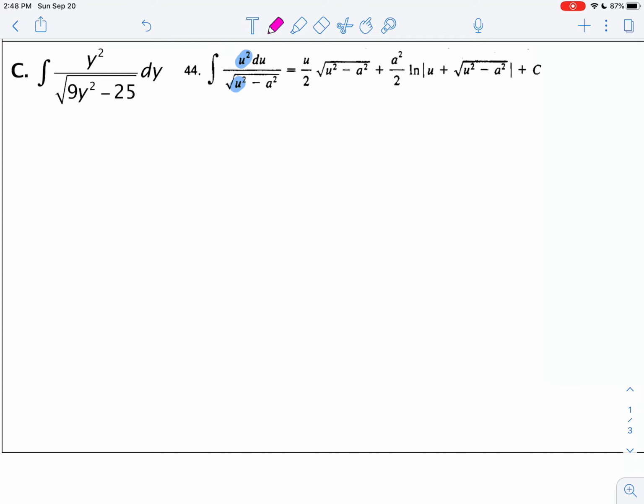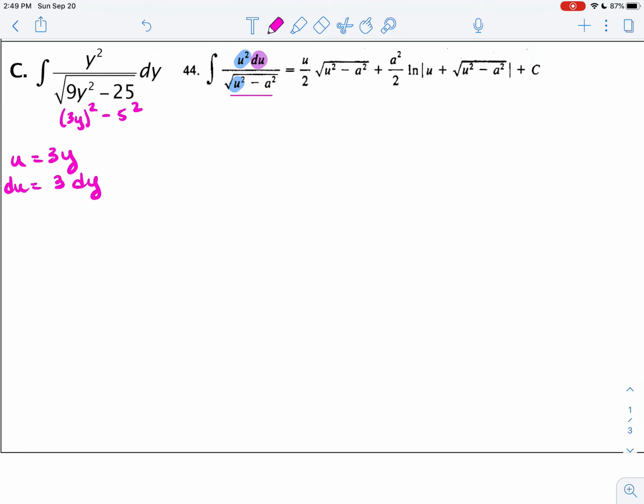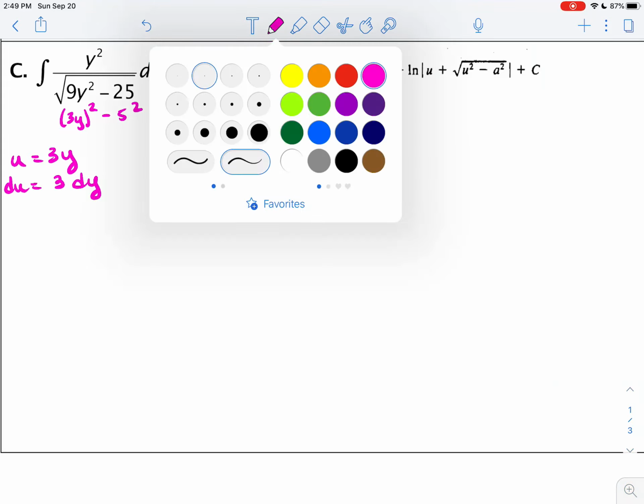I'm first going to make an observation here that underneath the radical, 9y squared does equal (3y) quantity squared minus 5 squared. So I can see that if I'm going to match the u squared minus a squared, I'm going to want to let my u equal 3y. I still will have to make a u substitution for du, and my du here is going to be 3 dy, right? And that means that dy is going to be du over 3,